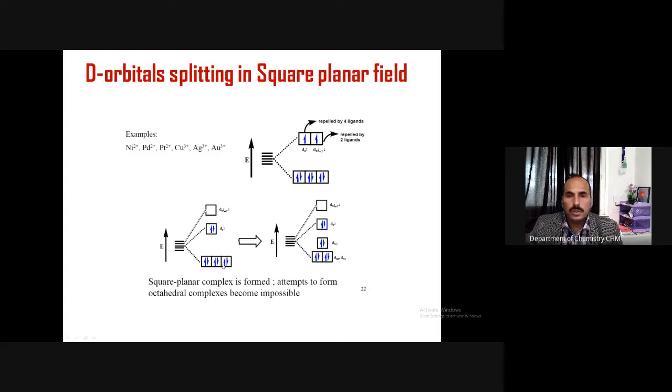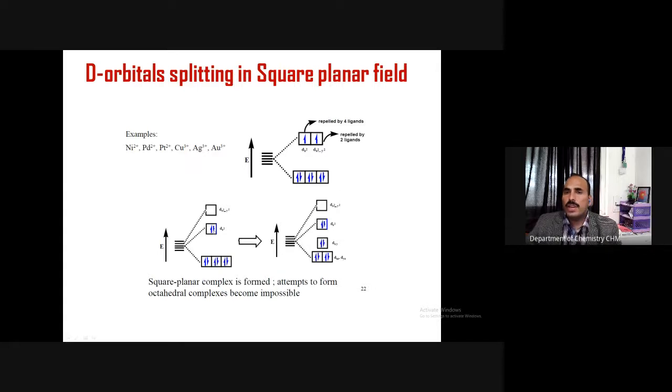The three t2g orbitals are over here. We are discussing a particular case, the d8 system, because mostly the square planar geometry is observed in the case of d8 systems, right? Nickel, palladium, platinum all have the d8 electronic configuration. Most of their complexes exhibit a square planar geometry. So for a d8 system, as I told you, the degeneracy will be removed and the situation will be like this. Okay, first, and then when both the electrons are in the dz square orbital,